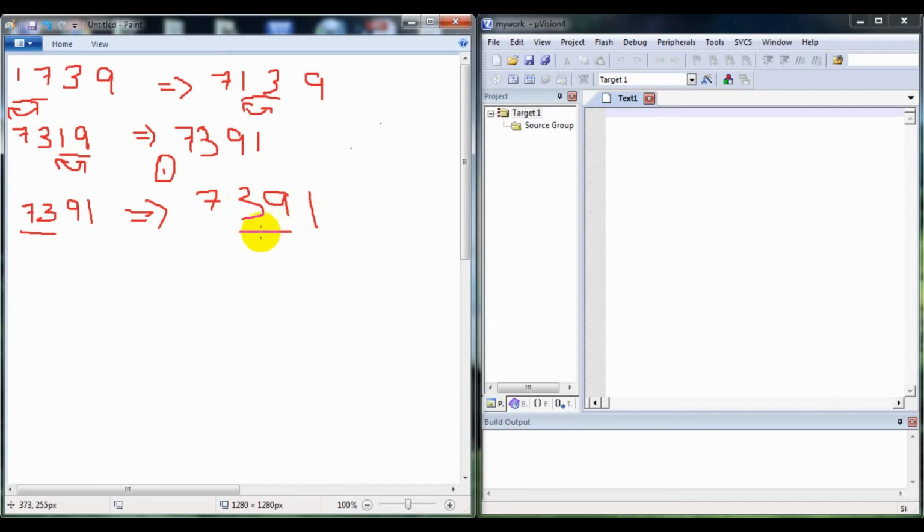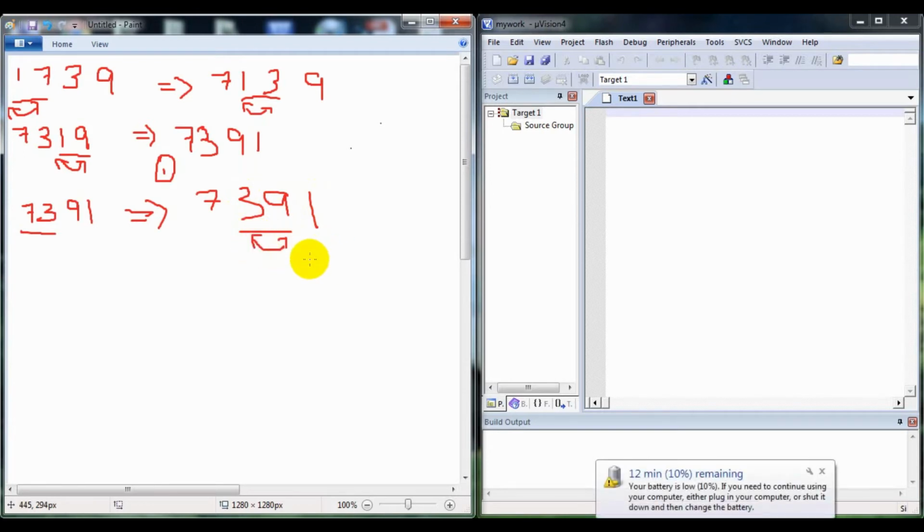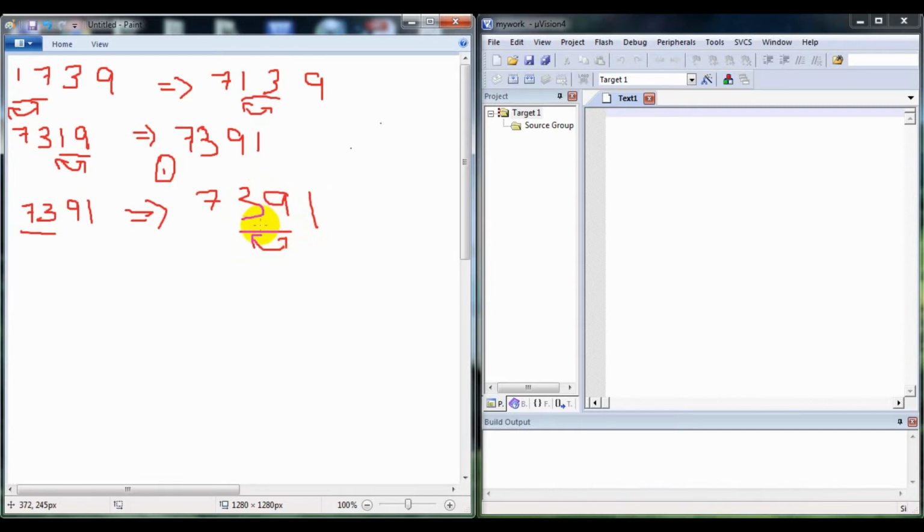Next we compare these two numbers. By comparing, we can see that 3 is less than 9, so we have to swap these numbers. By swapping the numbers 3 and 9, we will get the output as